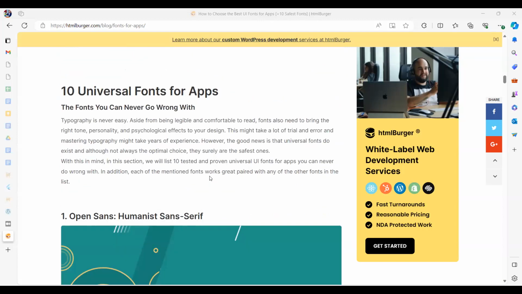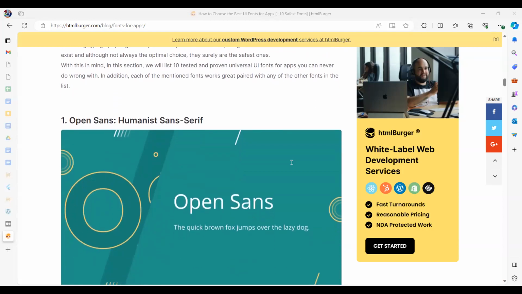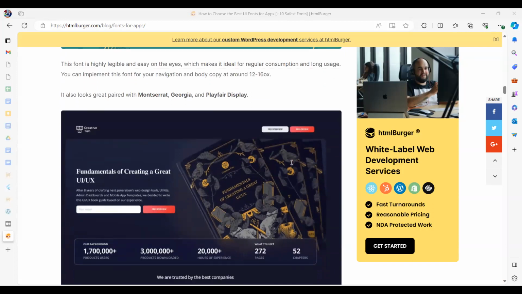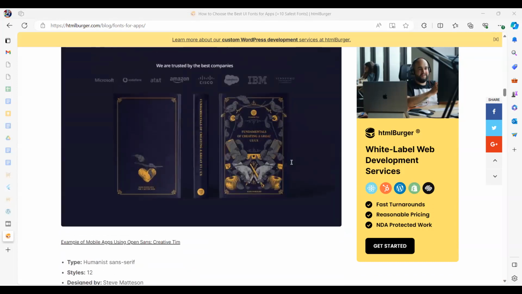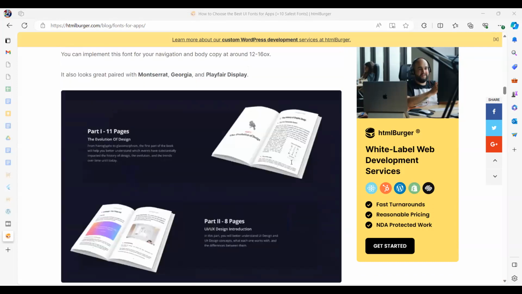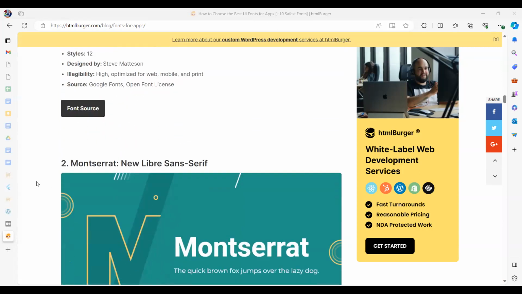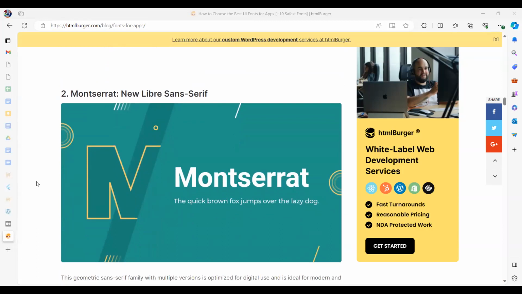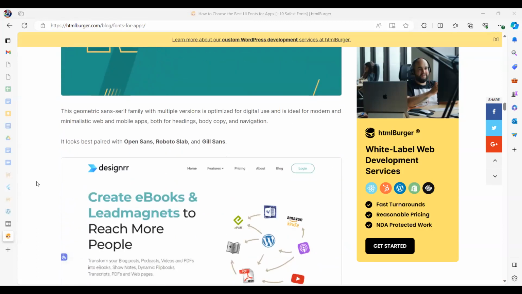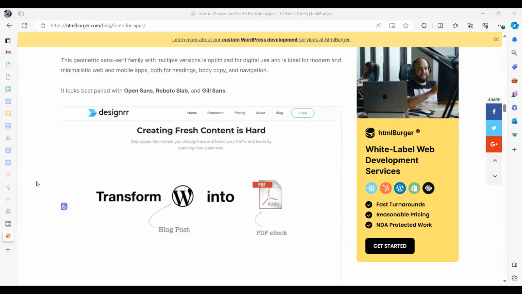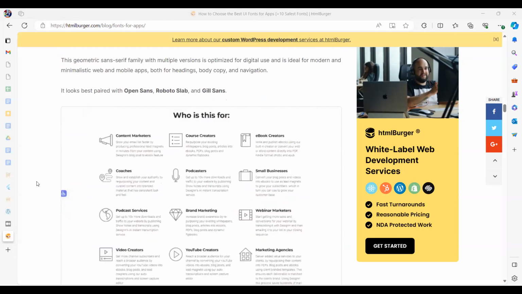Right. 10 universal fonts for apps. Open Sans, I think we saw the list, right? These are examples using Open Sans. Here's another one. Montserrat is another beautiful one. See, this is a website design using this font.